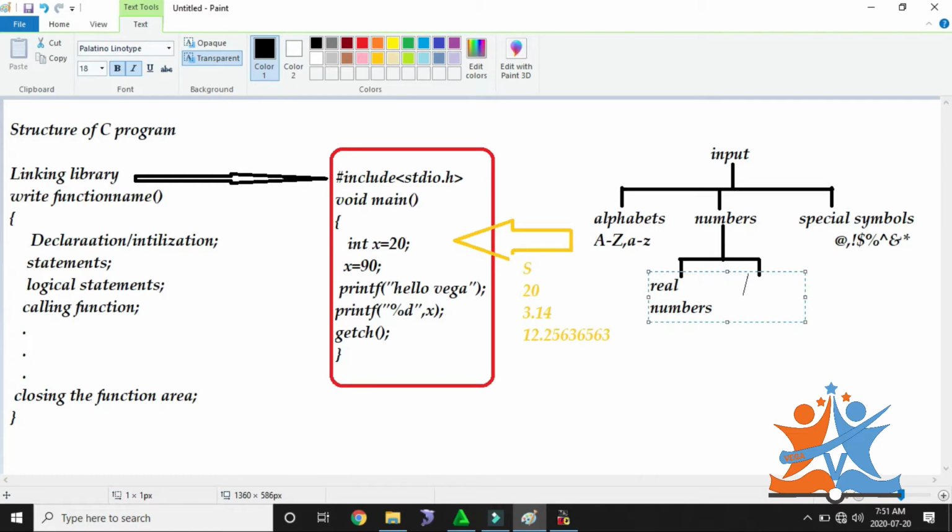And here we have decimal numbers. Real numbers and decimal numbers. In real numbers we have 0 to 9.